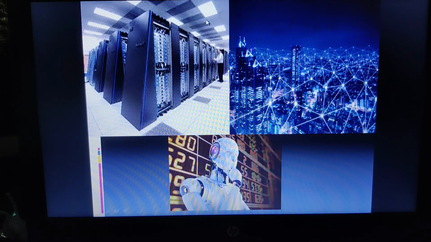Then advancement in networking technology. Now we are experiencing 4G internet speed. Maybe in the fifth generation we may start experiencing 5G, wherein you can download a movie in just a few seconds or a few minutes, maybe within 5 minutes you may download high definition movies. So downloading and uploading speeds will be very high in the fifth generation.